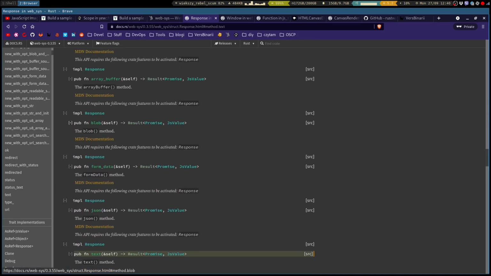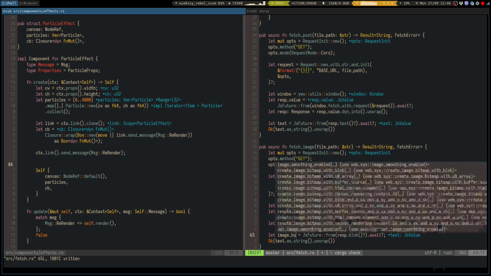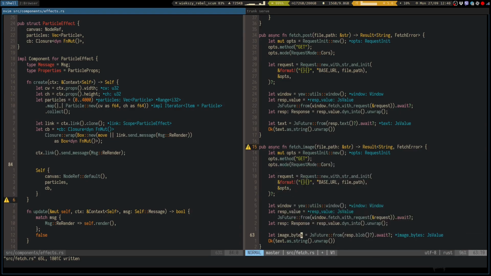Okay, so we will need this or this. The API requires the following create features to be. We already have that, so I think it's blob, and that gives us promise. Okay, so in here, yeah, that's blob, which gives us promise. So that gives us image bytes, and